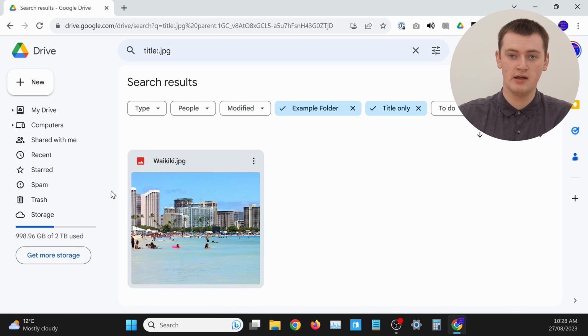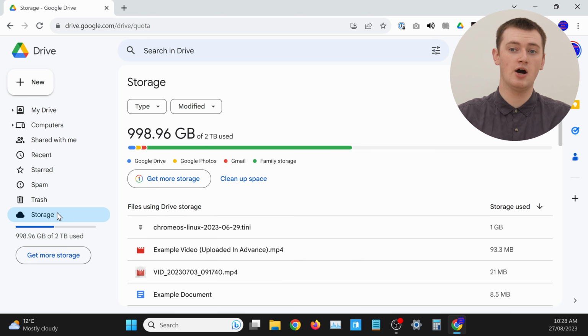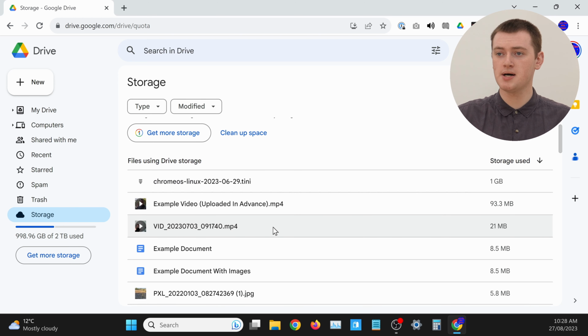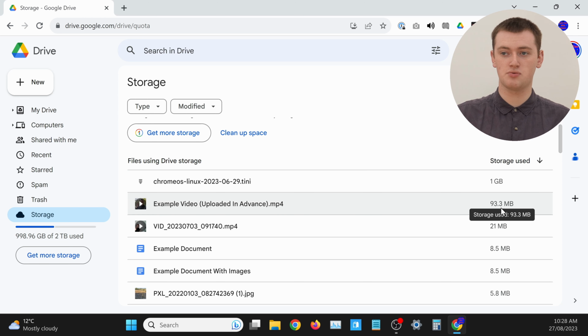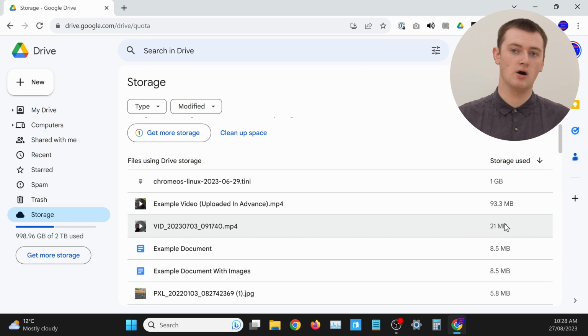And finally, if you want to sort your files by size, all you need to do is come into Google Drive and click on this storage option at the bottom of this left-hand menu. So if we click storage, it will now give you a list of all your Google Drive files sorted by size. So this is a demo account that Timmy doesn't really use much, but as you can see, the biggest file Timmy currently has in here is 1 gigabyte, and then the second biggest file is 93.3 megabytes, and then 21 megabytes. So it all steps down like that,